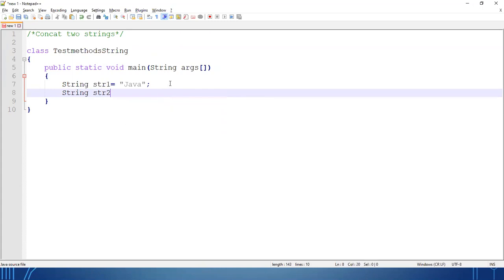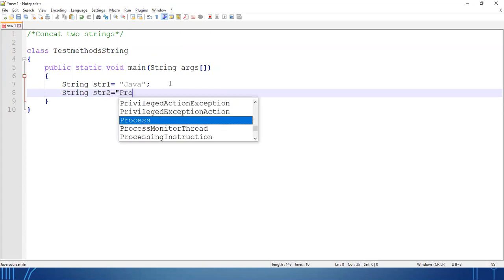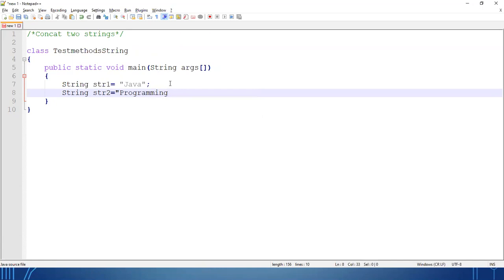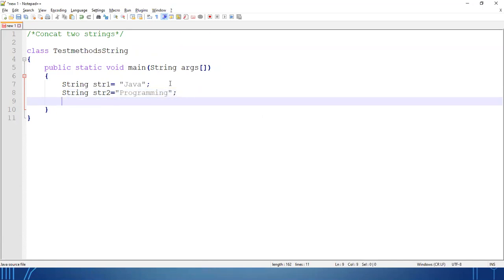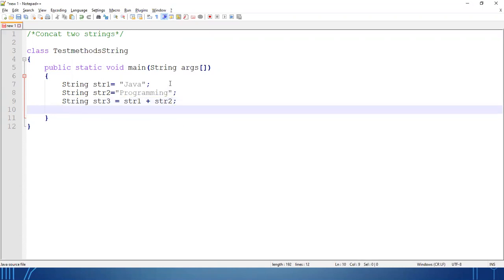The second string is programming. String 3 is str1 plus str2. So the resultant string is str3.